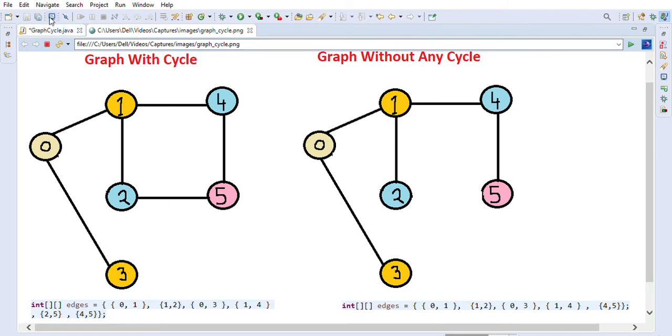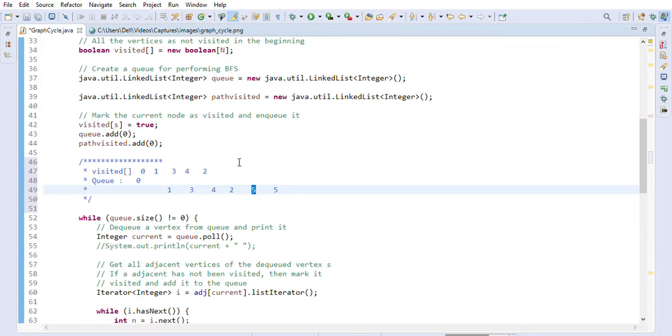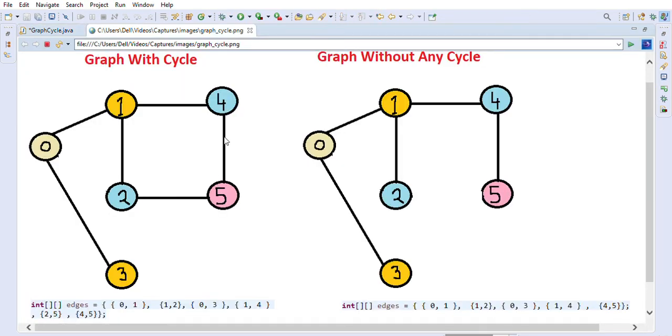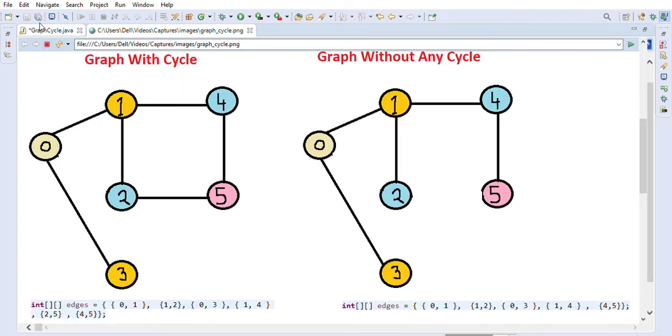So we add it like this, and then we take it out and mark it as visited, right? So visited will have 5 first, and then when we are again trying to add 5, we already know that 5 is already visited, right? So we are visiting an already visited element, which means that there is a cycle present in the graph, right? That is why we have used the visited array to keep track of what we have already visited. As you can see, these elements we have already visited, and 5 is one of them, and now we are trying to visit 5 again, so it is causing a cycle in the graph. As you can see, 5 is causing the cycle in the graph.